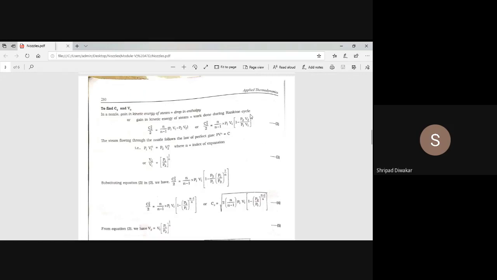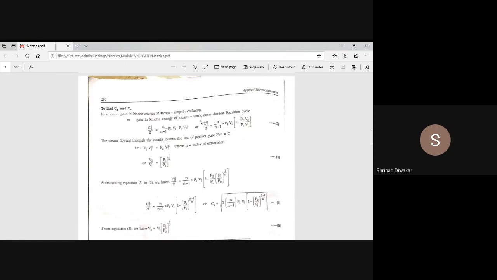You remember, nozzle and vapor power cycles are closely related chapters. Once you understand this, you can easily understand the next chapter, that is vapor power cycle, the cycle which uses steam as working fluid. Till now we studied gas turbines, gas power cycles, and here we are studying the air compressor. In the next module, you are studying the vapor power cycle, where the cycle uses steam as working fluid.